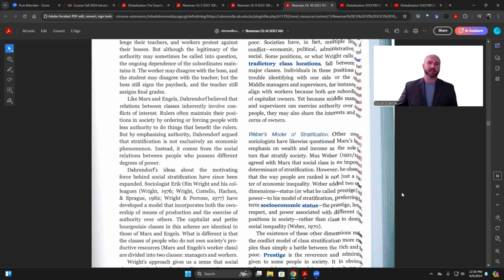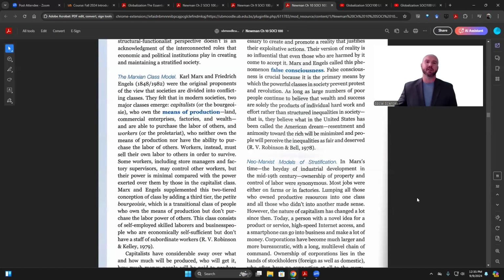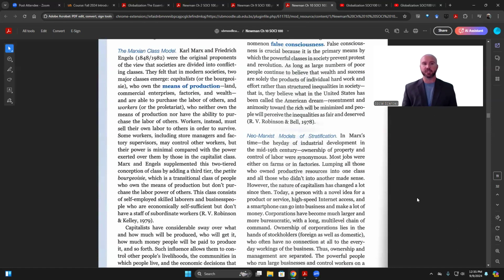So this differs in contrast to a Marxian model where they think about social class more along the lines of a caste type of situation in which your relationship to the means of production defines your class position. You either own the means of production, in which you are a capitalist or bourgeoisie, or you must sell your labor in terms of being a proletariat or a worker. Now, there are lots of problems with this because there are different positions that one might have, such as being a relatively high income bureaucrat with authority within the workplace and maybe some social influence,